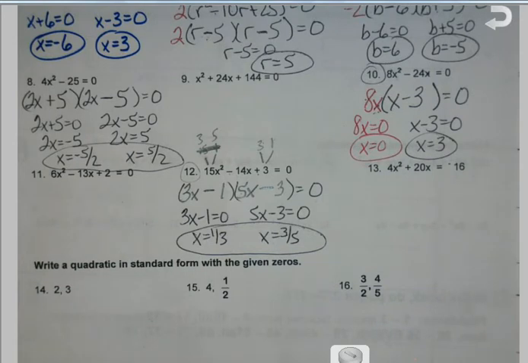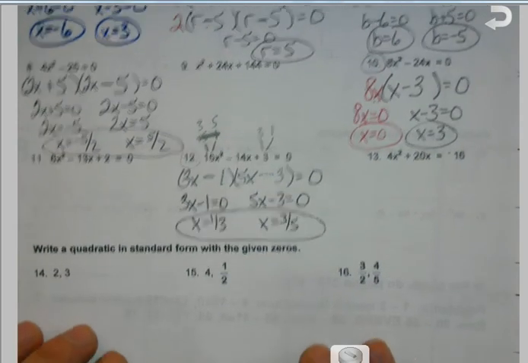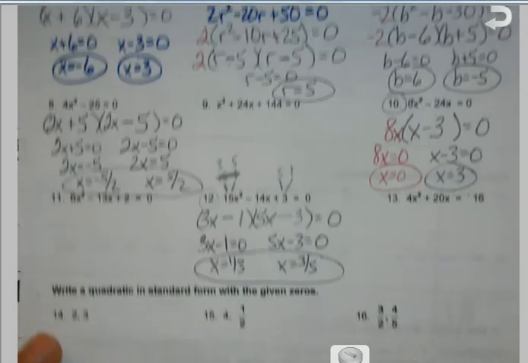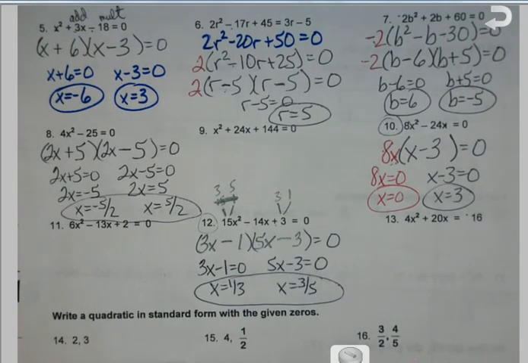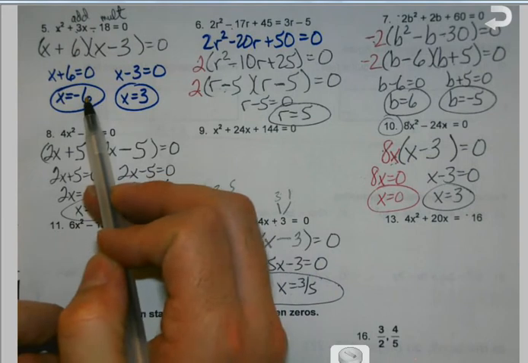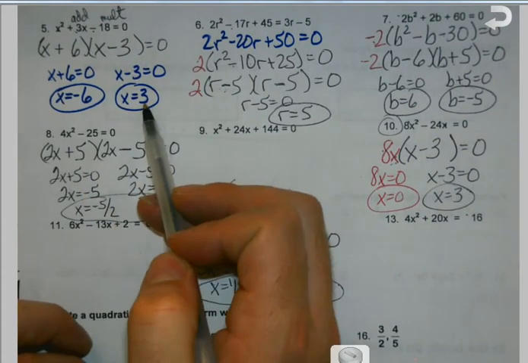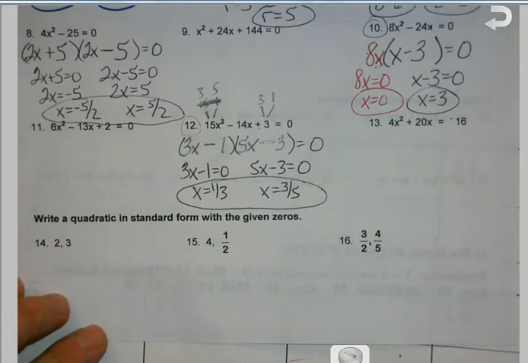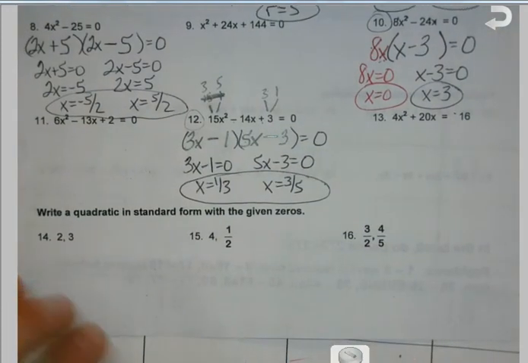Now, when we go to trying to write these in standard form with the given zeros, think about for a second when you're looking back up above at the examples what relationship your answers have to the quantities you get before them. So we'll do something a little simpler, like with number 5. X plus 6 became negative 6. X minus 3 became 3. Basically, they're opposites. So when I look at these, when I'm going to write the quadratic out, in other words, I'm going to expand it back out,